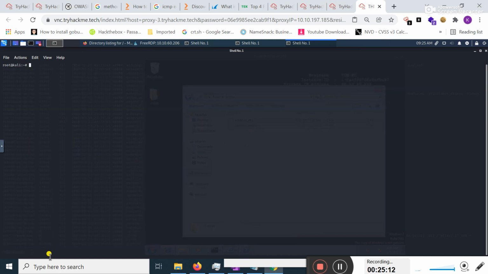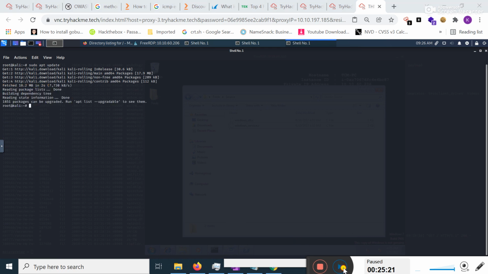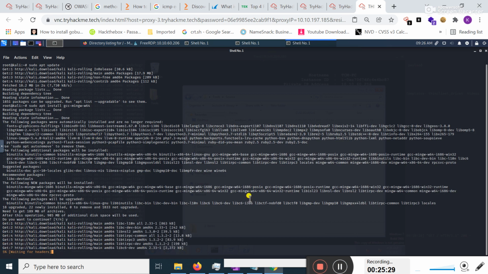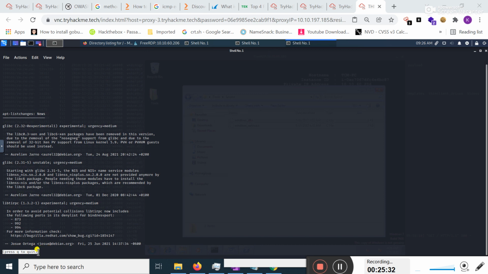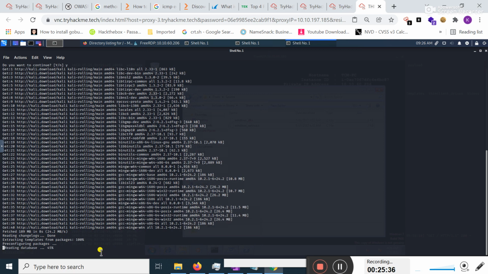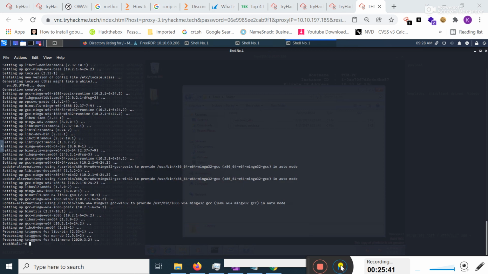First I should update the Kali Linux. I typed here sudo apt update and hit enter. Now again I run this command and hit enter. Yes. Okay, GCC is installed successfully.